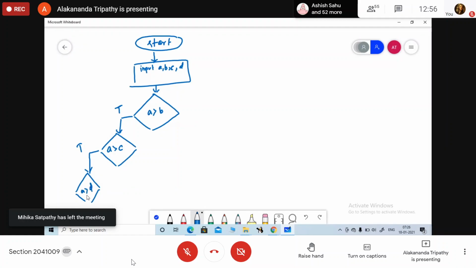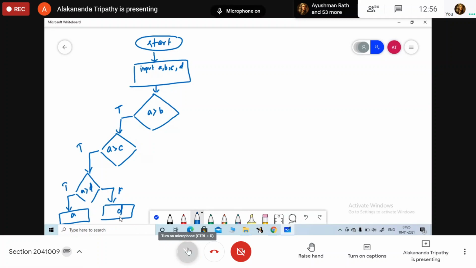A greater than D. If the condition is true, which one is largest? A. If this condition is false, then which one is largest? D.